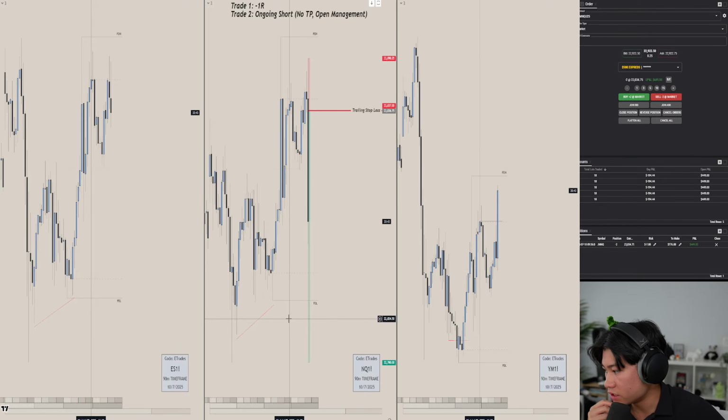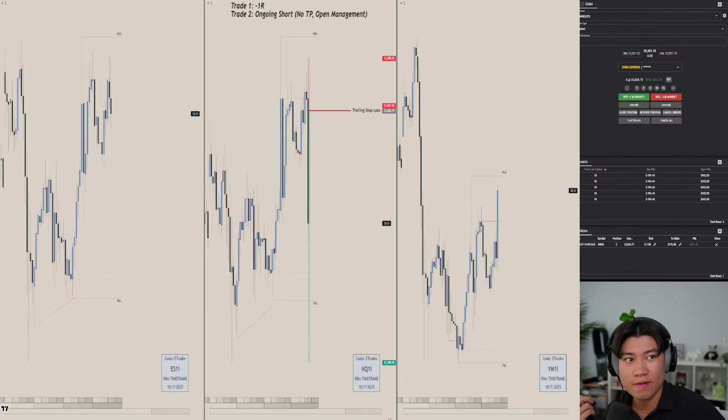Is there any difference between trading MNQ on future prop firm and US 100 on Forex prop firms such as FTMO, for example, like difference in size or margin? I wish I could explain that to you, but I've tried to do my research on it. To be honest, I think the only difference is spreads, in my opinion. And as a scalper, if you're executing anything below the 5-minute chart, like the 1-minute chart, 15-second, that's where it matters the most. But if you're just trading the 5-minute, 15-minute chart, I genuinely have not seen any differences in my trade.